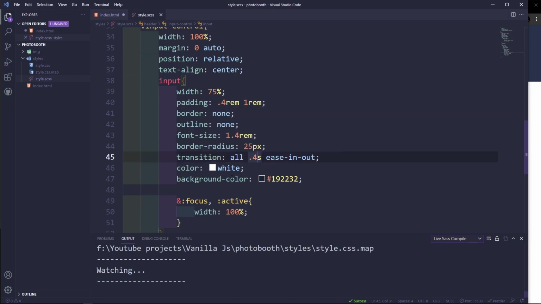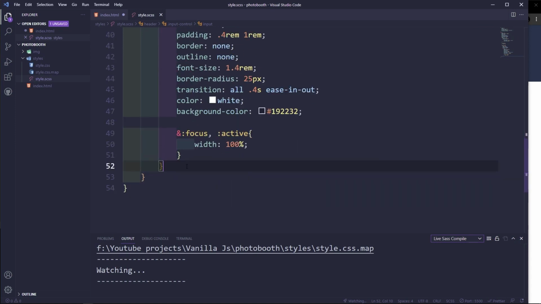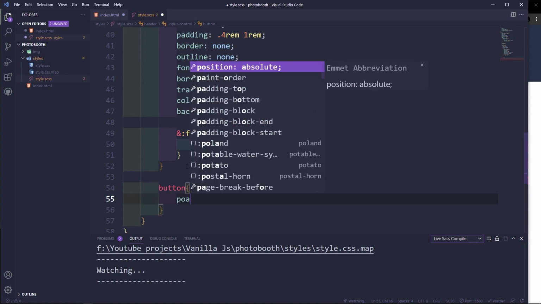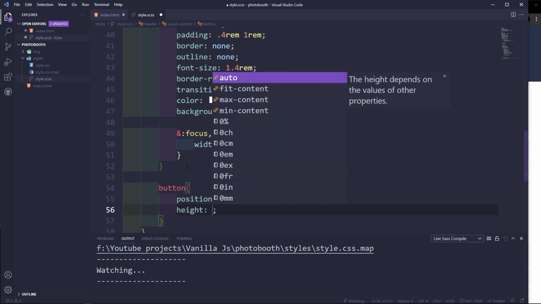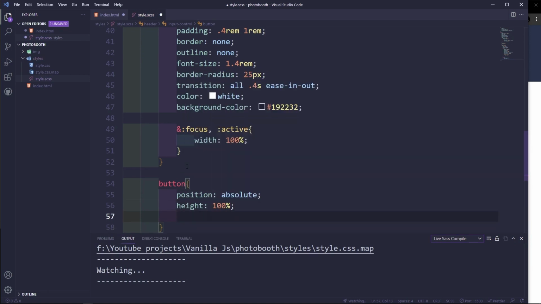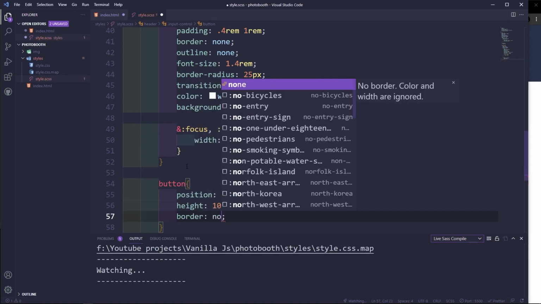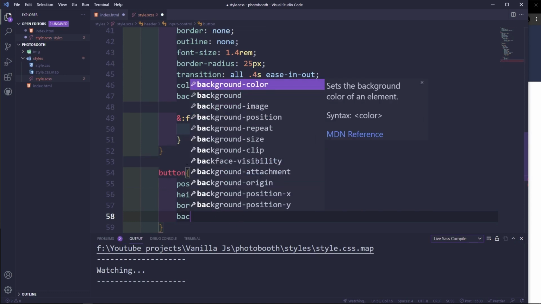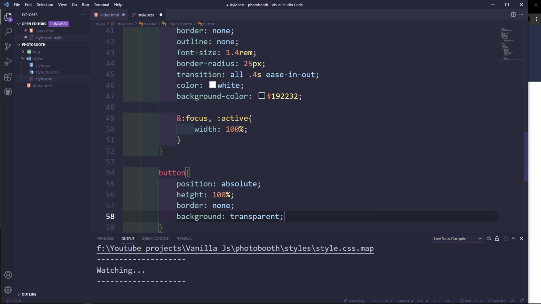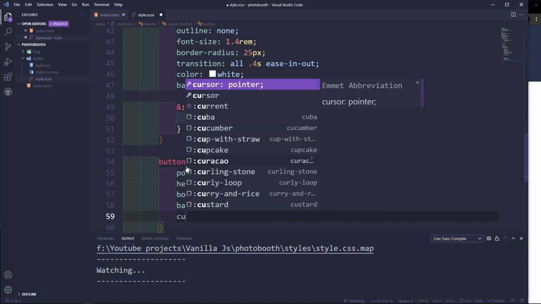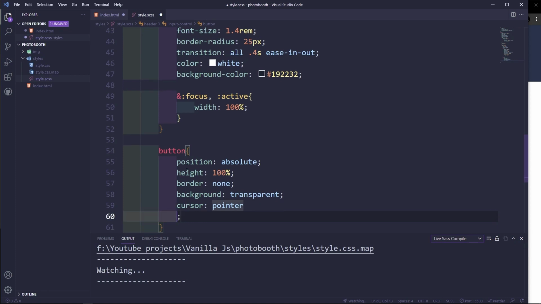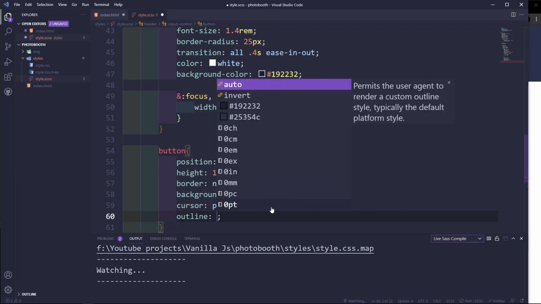Okay, so now let's do the button. So for the button, after the input, we're going to do button, and then position absolute, height 100%, border none, background transparent, cursor pointer. Okay, cursor pointer, outline none,